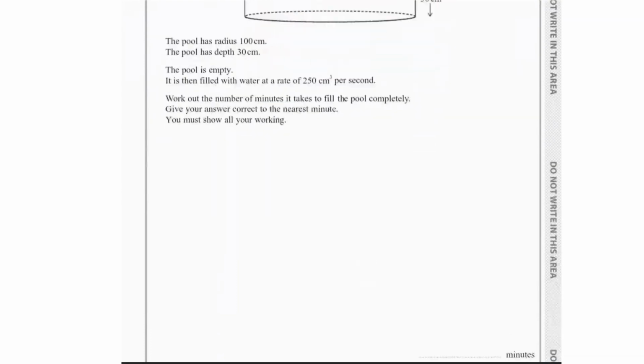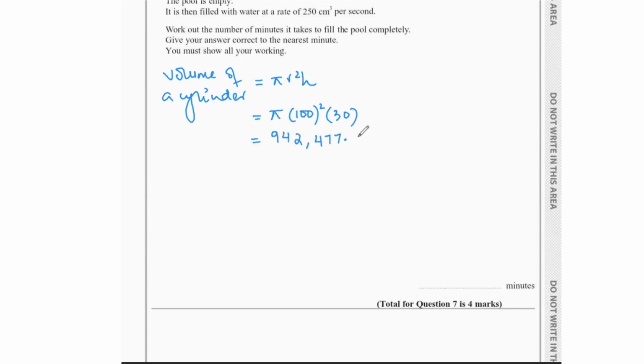So firstly, you need to remember volume of a cylinder has the formula of pi r square h. Radius is 100. Height is 30. So that is going to give us 942,477.796 centimeter cube. Now, since the rate at which the water is being filled is 250, so 250 equals